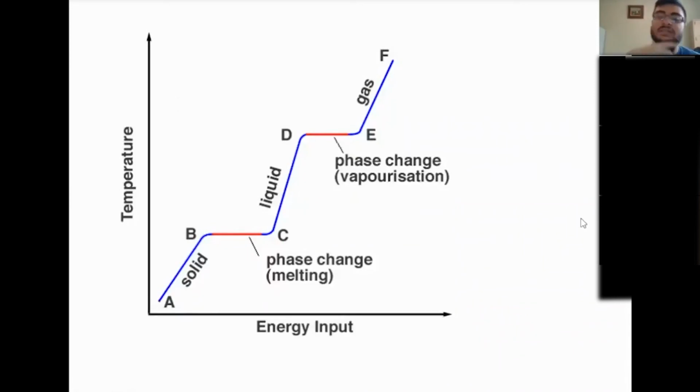Okay. I'll say this: vaporization and melting are both always endothermic. If you're going from liquid to gas or from solid to liquid, it's always endothermic, right? You have to absorb energy, and you can see that from the energy input. It won't naturally happen. You have to absorb energy in, right?